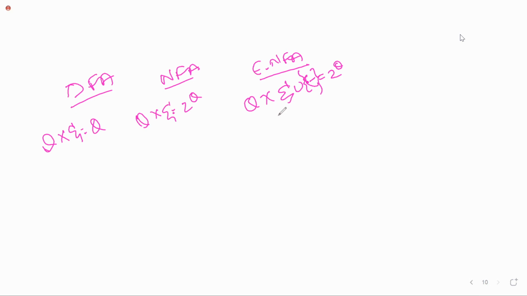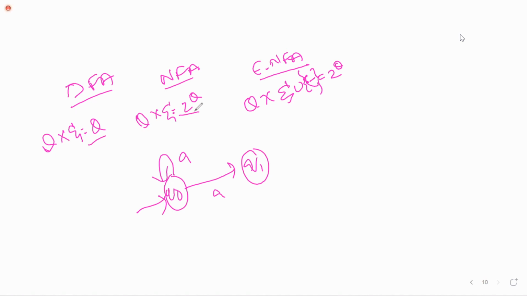Can you once explain why it's 2 to the power q in NFA? Already told you, no? On the same input, how many states have come now? One. I mean 2, ma'am. But when you go to DFA, how many states you get? Only 1. So here we say q, and here we represent that 2 to the power of q states are possible.